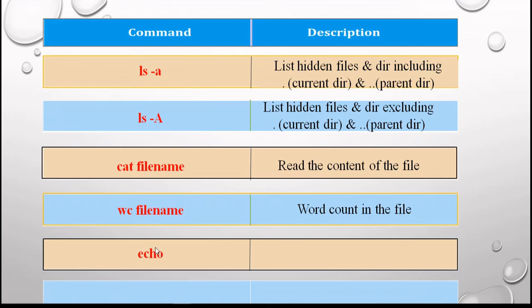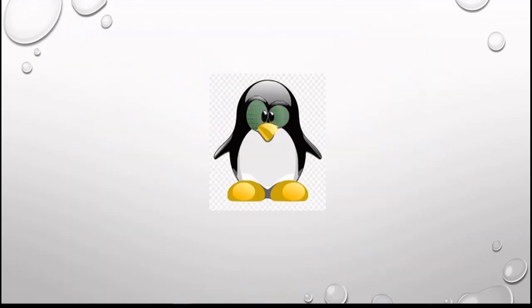And then we have this echo command, which behaves just like a print statement used to print a string, and that string can be entered in single quotes or in double quotes, both will behave the same. And then in last we have exit command, which is used to exit from the terminal, come out of the terminal. So this was all about the second tutorial lecture series of basic Unix and Linux commands.